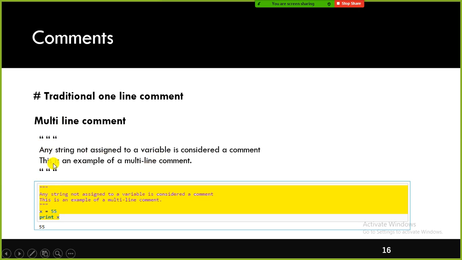See here, I have a multi-line comment, more than one line is there. For a multi-line comment, you cannot simply use hash. If you have to use hash, you need to prefix each and every line with hash. Supposing you are specifying a 20-line comment, 20 hashes you need to put. You don't have to do this. You simply start with 3 quotes and end with 3 quotes.